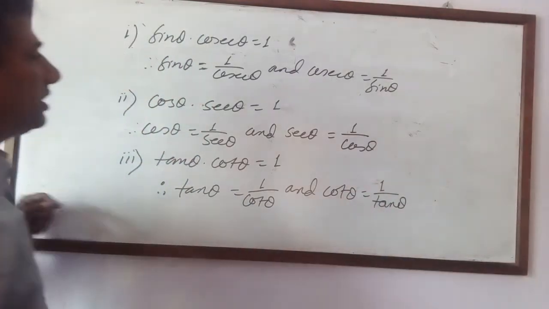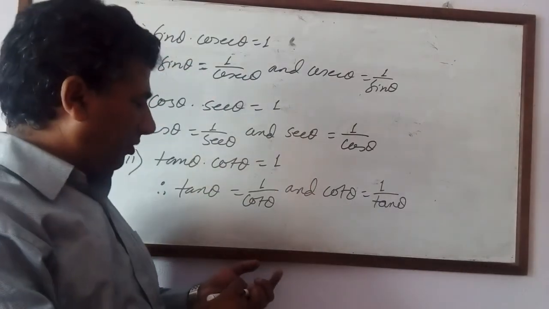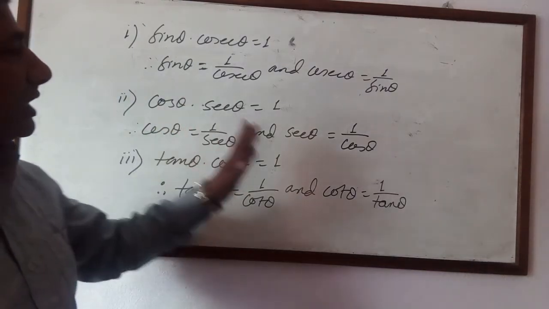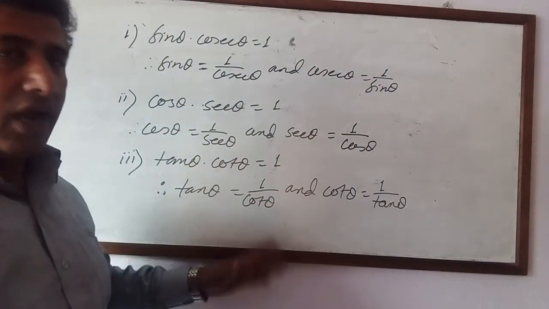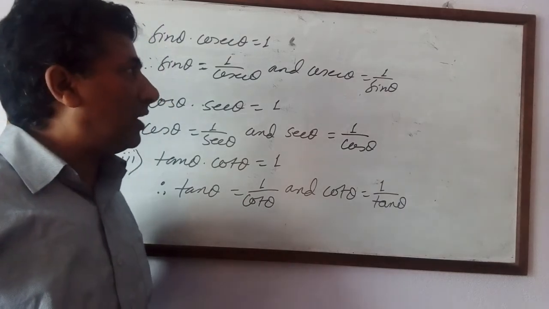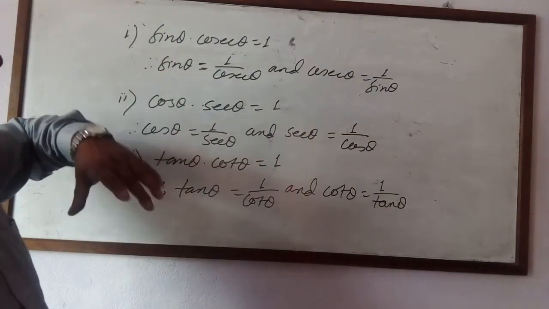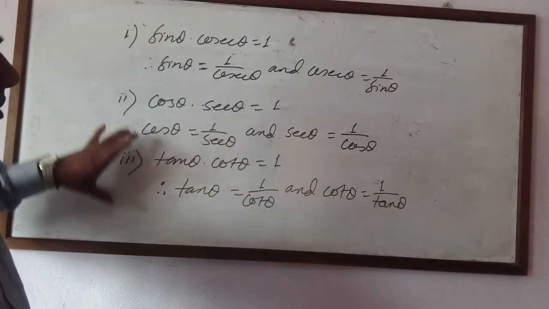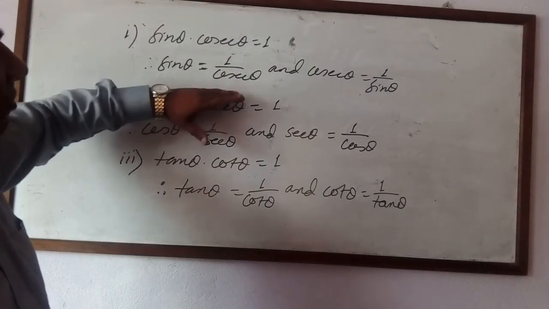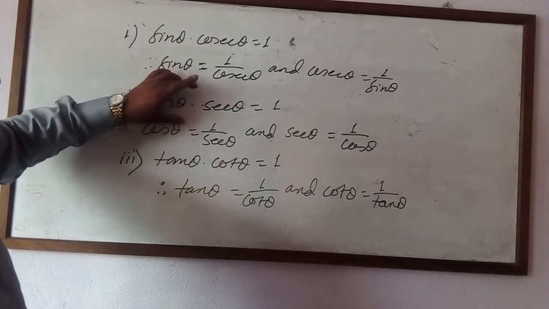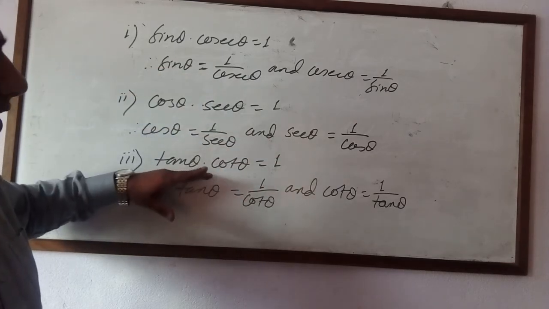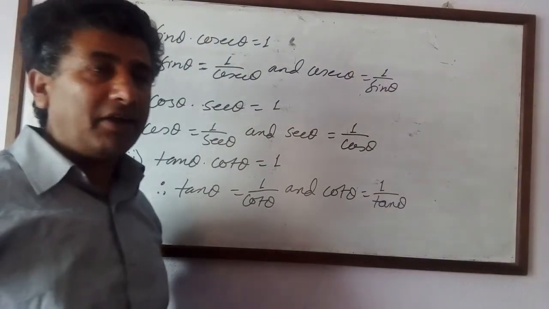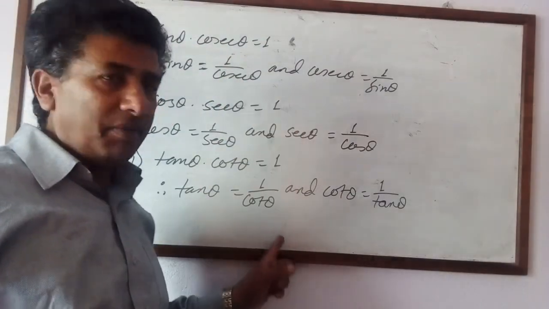Now these three formulas we derived. This is important for the beginning of trigonometry. Remember these formulas. Next time I will derive the Pythagoras relation, the next formula. Now, two more forms are left. In this reciprocal form I completed only three formulas, number 1, number 2, number 3. This is the main formula, and from here you derive these two. This is another main formula, and from here you derive this. They are of the same pattern. If you know one, then you can find all the remaining ones.